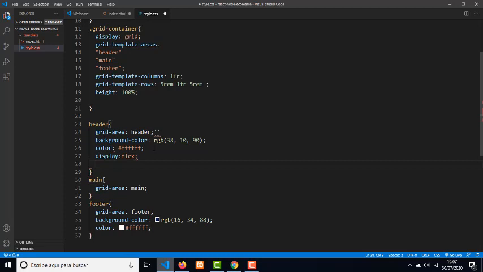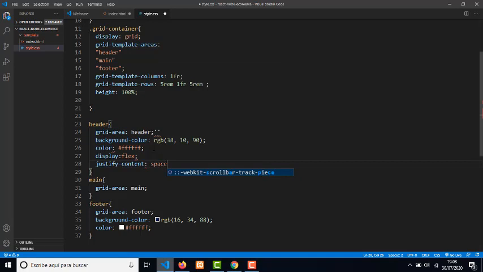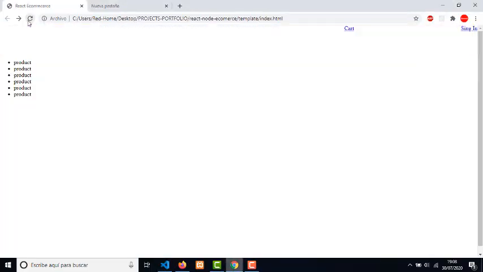The second one is going to be justify content, and we're going to use space between. Going to save it and refresh, and we can see it, but we have a problem with